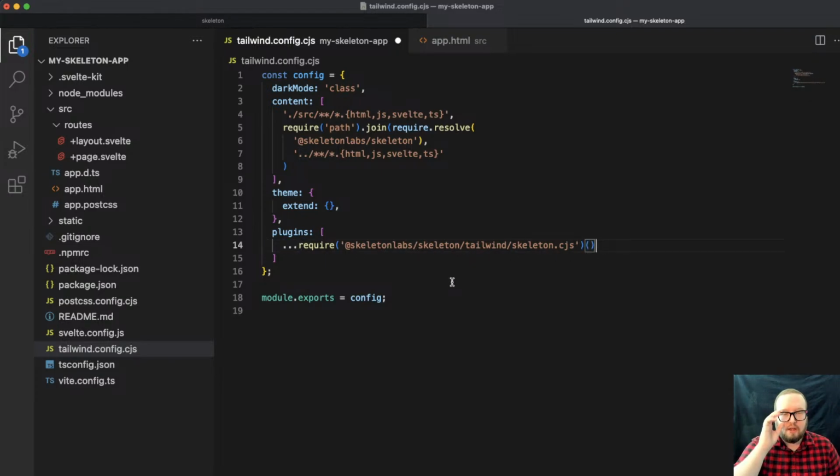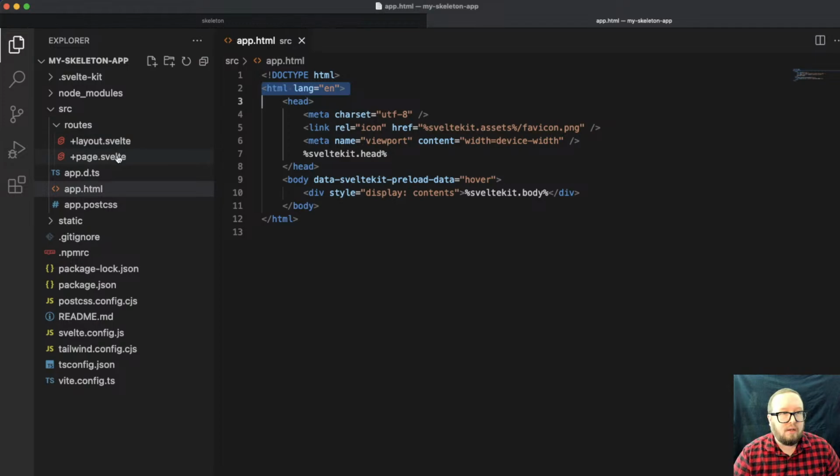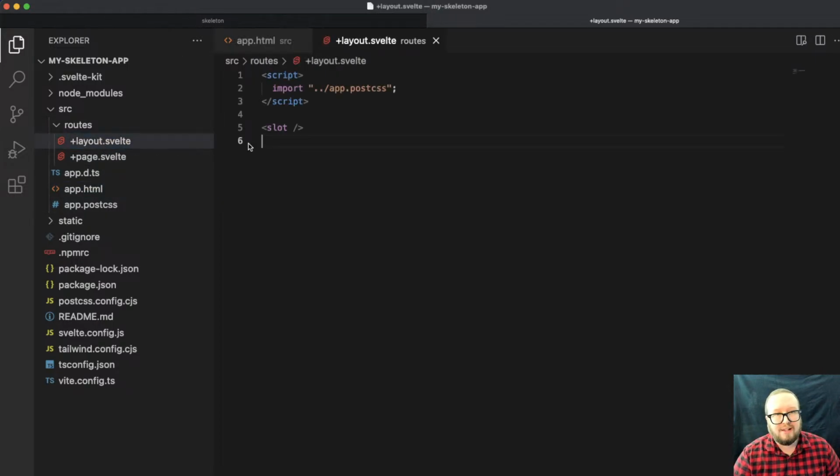So just make sure you get that just like we shot, and you should be good to go. And then really there's only one or two more small steps we need to do, which is to go into our root layout. So we go into routes layout here. And right now we only have our post CSS file. We only have our global style sheet, right? But we actually need 3